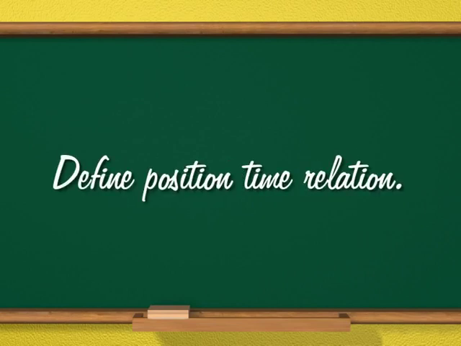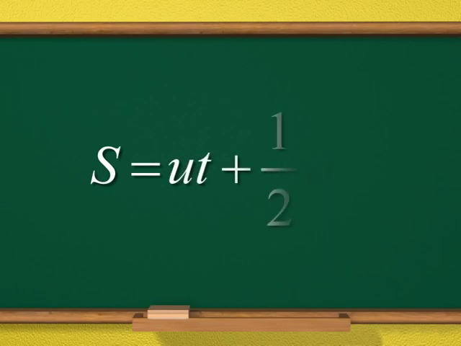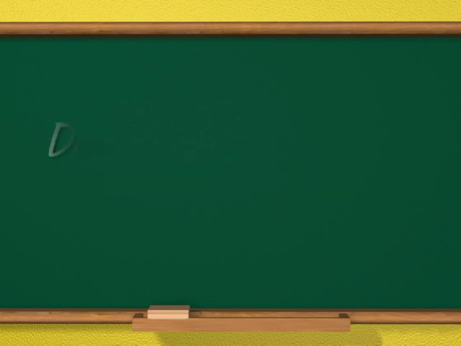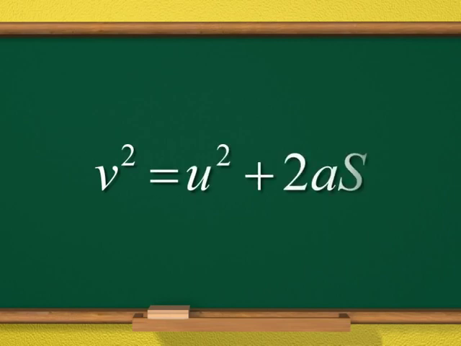Question: define position time relation. Answer: it is s equal to ut plus half a t square. Question: define velocity position relation. Answer: it is v square equal to u square plus twice a s. Question: define